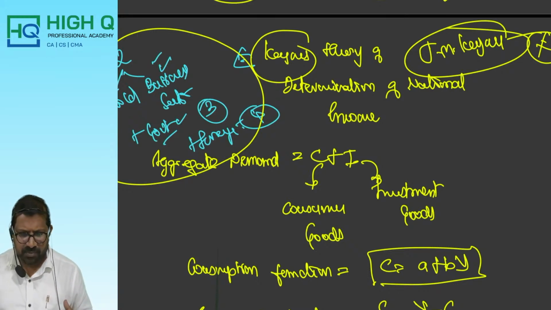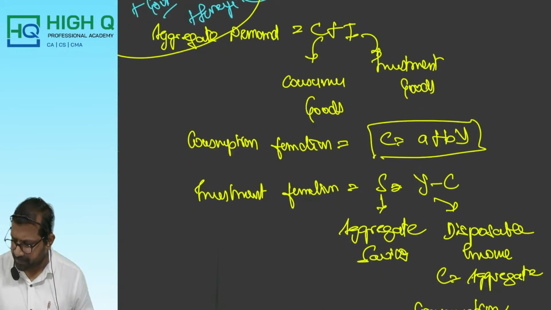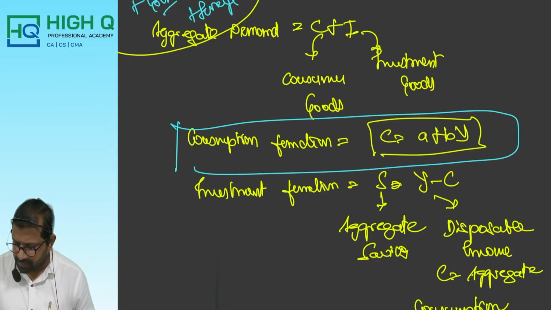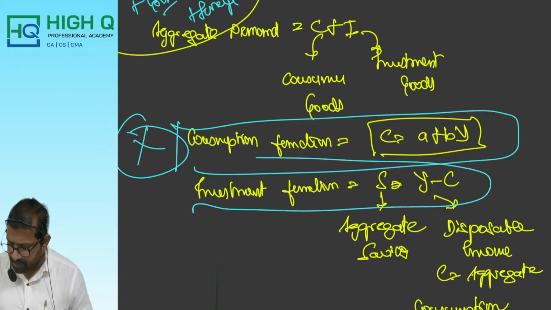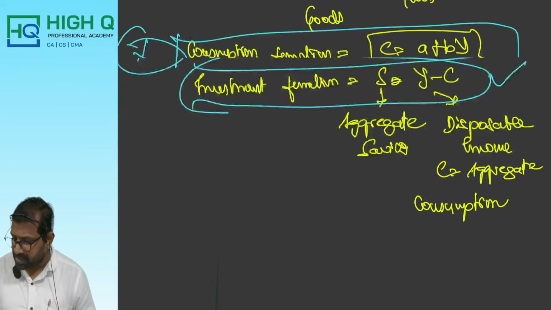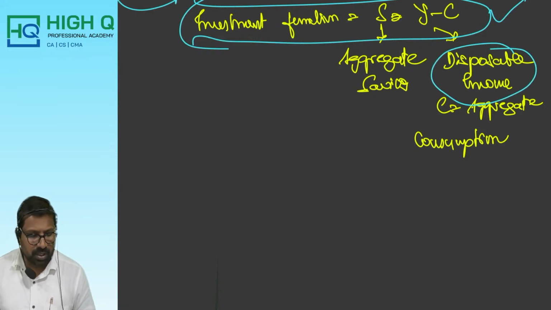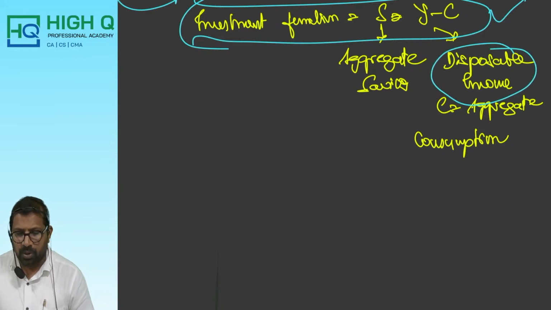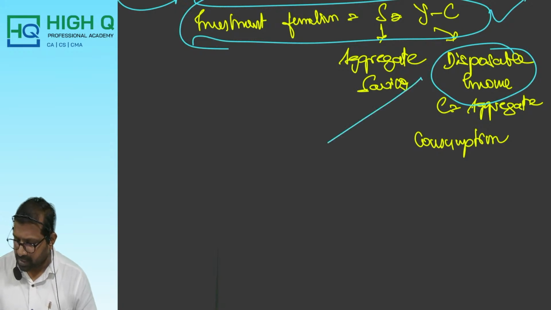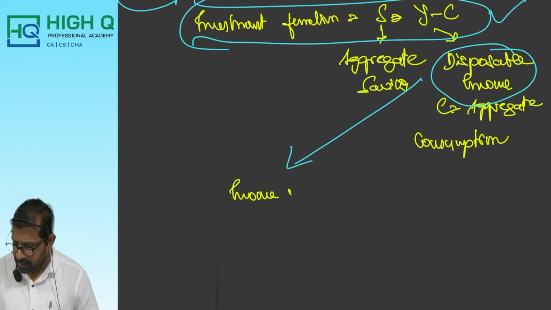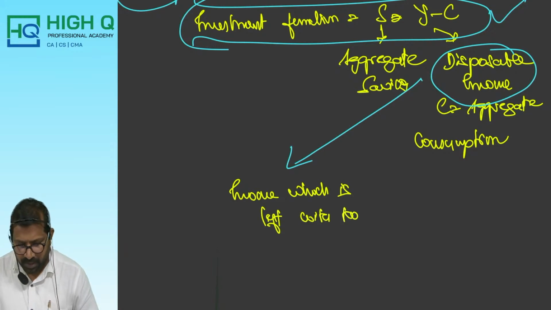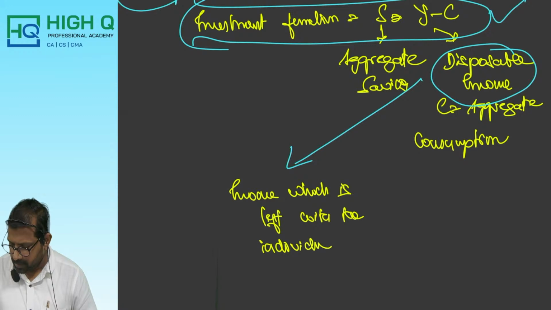So there are various concepts presented. One is the consumption function, important, okay, and another one is the investment function. Formula for investment: S equals Y minus C, where Y is nothing but disposable income. So here we need to know the meaning of disposable income. Again, another important point. Disposable income is the income which is left with the individuals